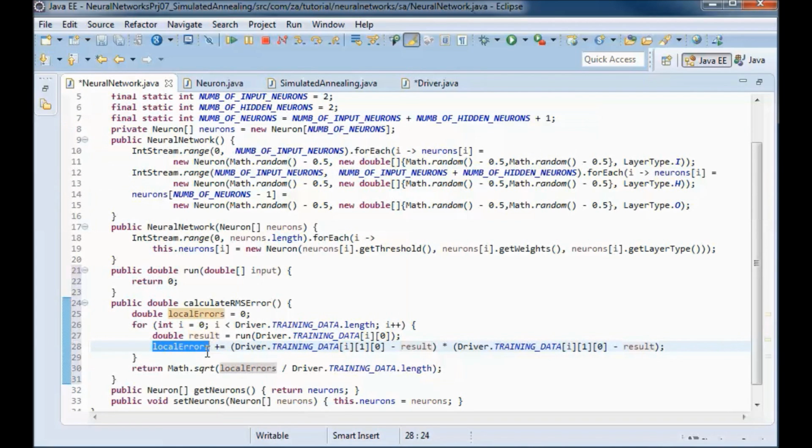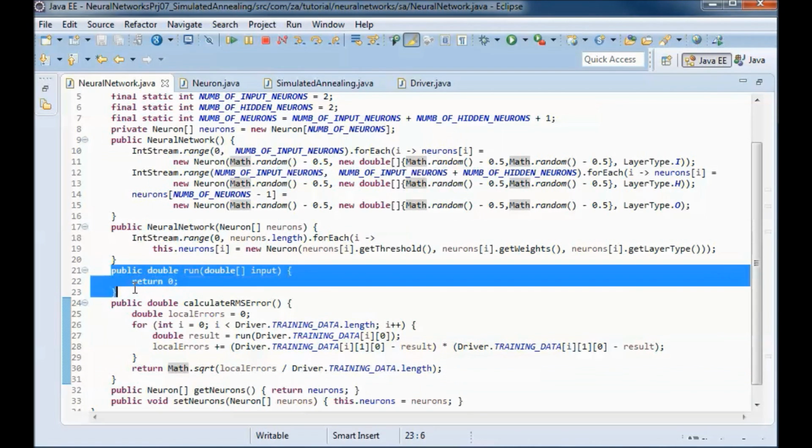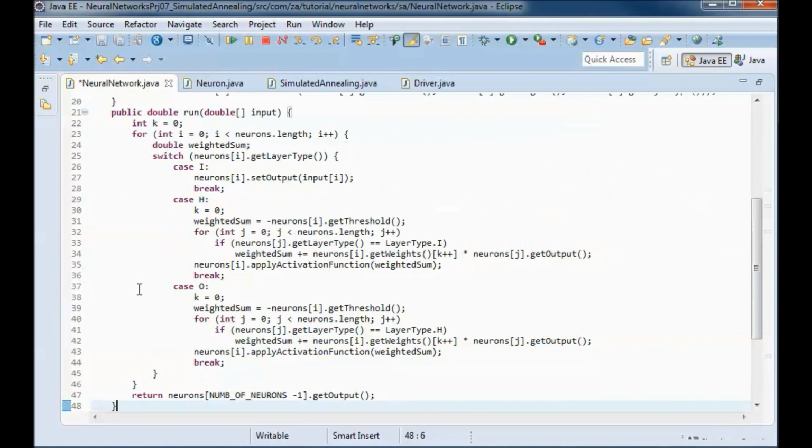And we end up with local errors, and then we divide the local errors by the training data length, and we do a square root for that. And this will be the code for the run method.